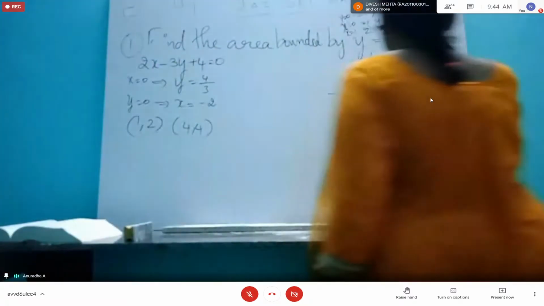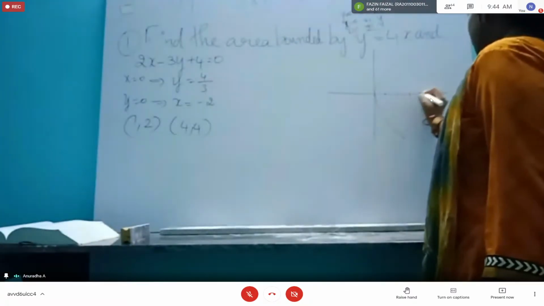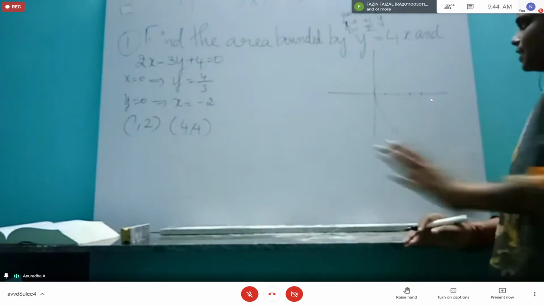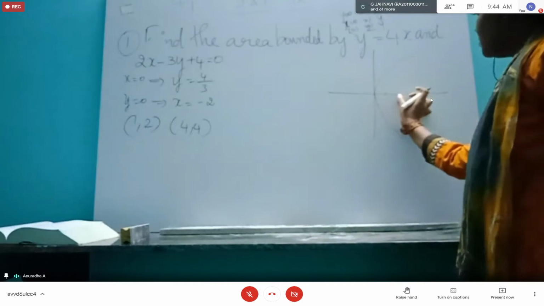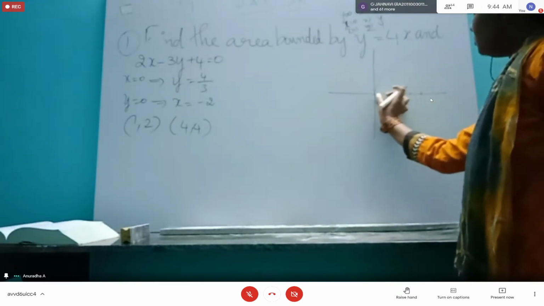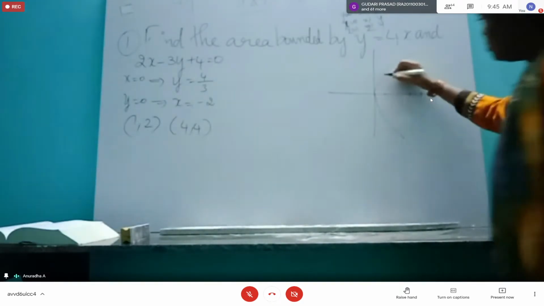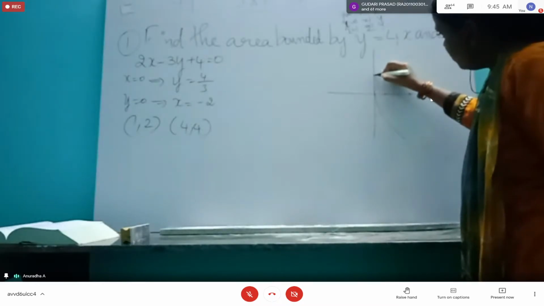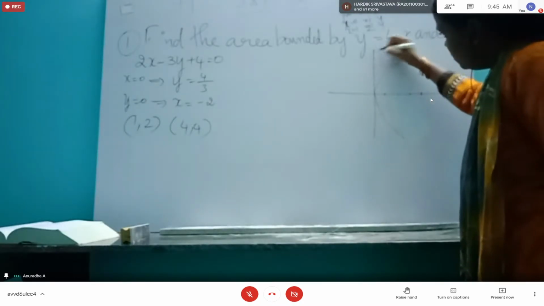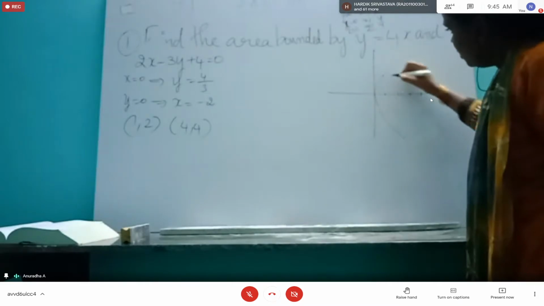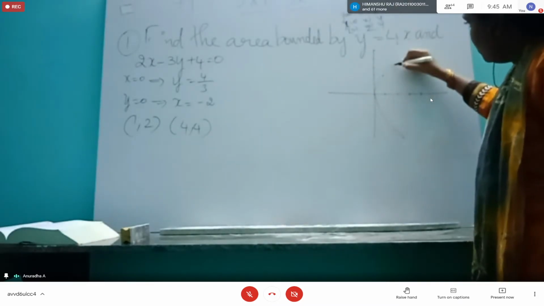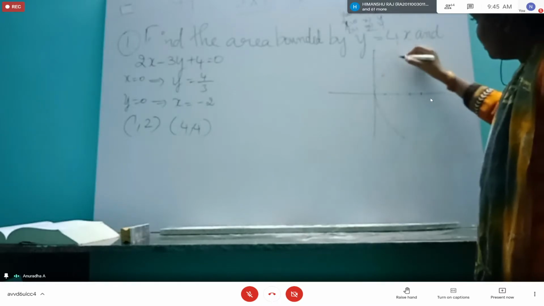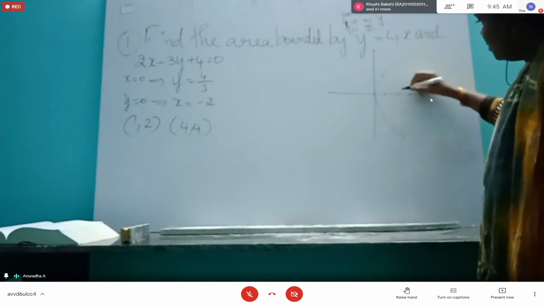So 1 here, 2, 3, 4. It need not be exactly to scale, you can keep it as a rough diagram. See, I am keeping it roughly, approximately equal. So 1 will be here, 2 is here, 1 comma 2 will be here, and 3, 4 is here, so 2 comma 4 will be here. So it's going beyond the line, so somewhere here I will mark.